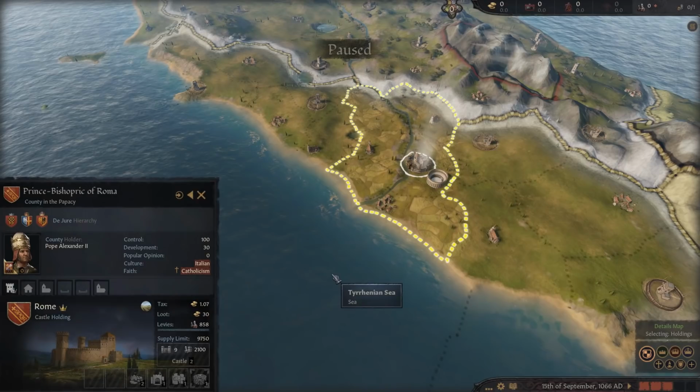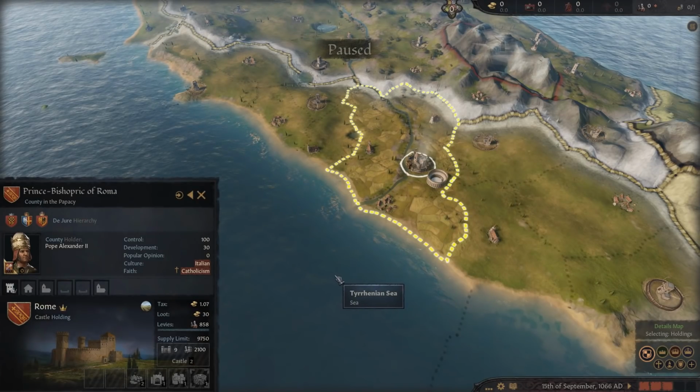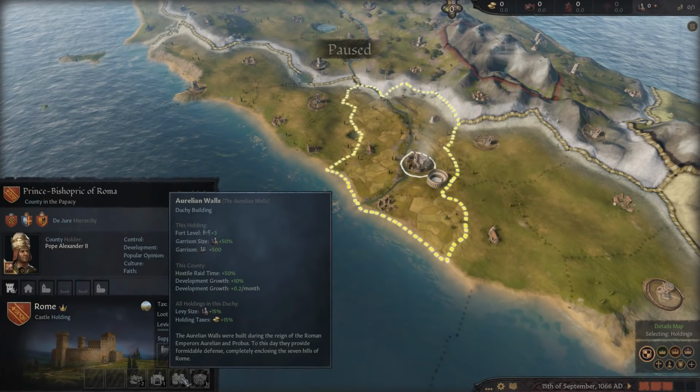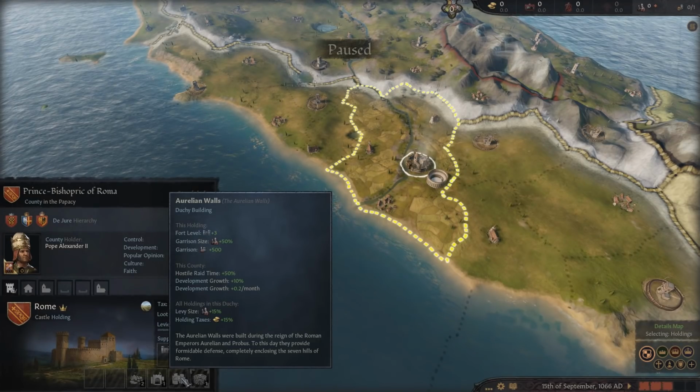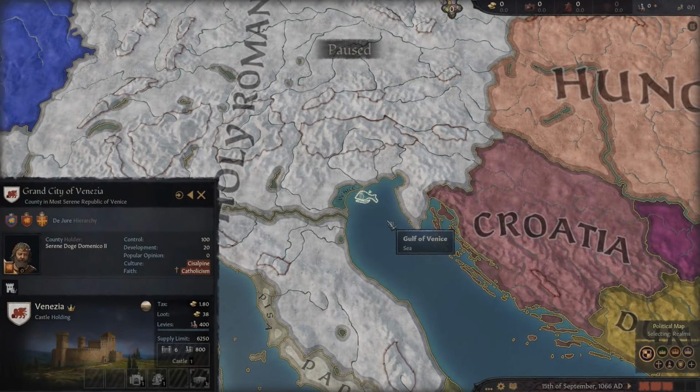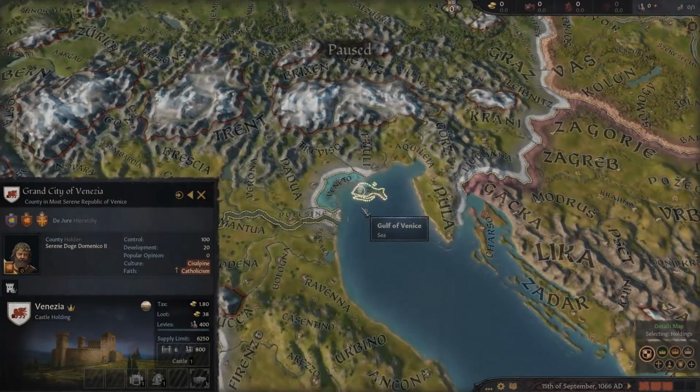It gives you a few little benefits, but not as much as you'd hope. Definitely not as much as the Aurelian Walls. That's the key one here in Rome. Now, heading just north, still in Italy, we are going to the city